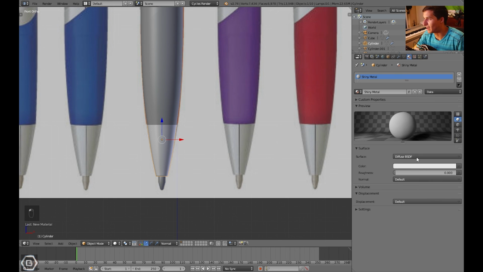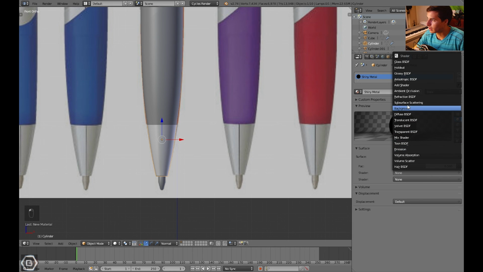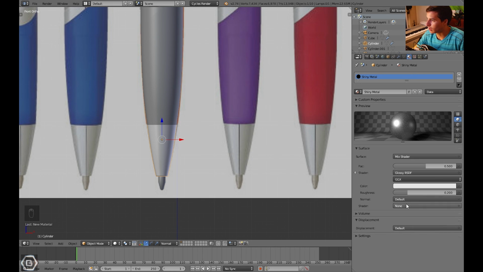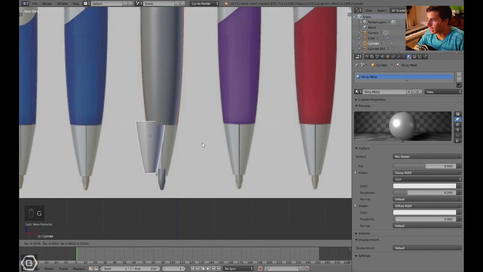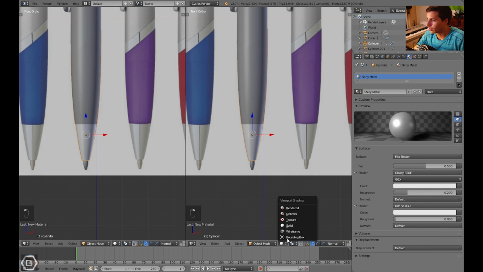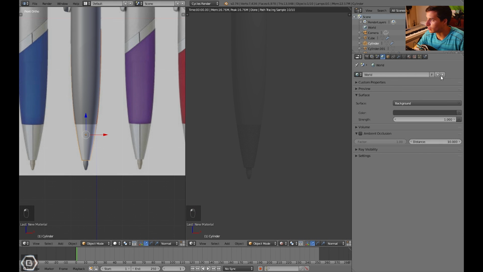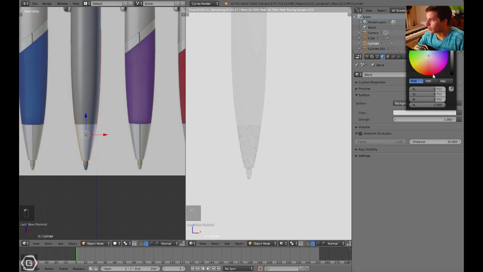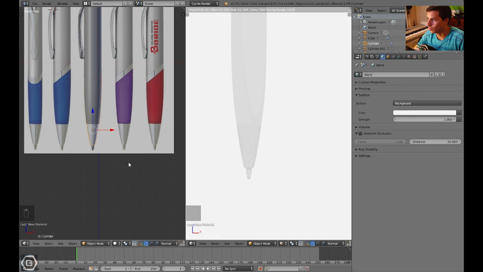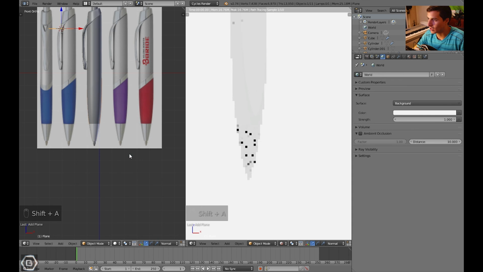Let's add a mix shader. And let's add a glossy shader and a diffuse shader together. And we want it to look something like that. If we can, let's just open up another window there, go into the rendered view. And I think it's a good idea to add a few things like turn up the background color to more of a white, as well as add